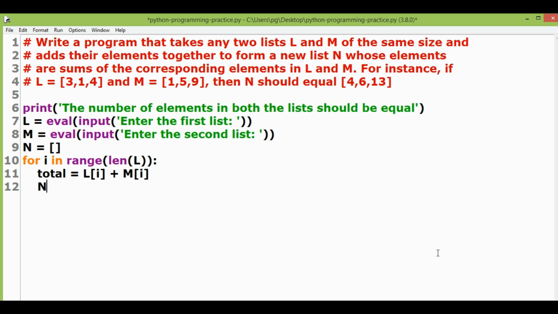Then N.append(total). Now we use the append method of list to add the value stored in total to our list N. print(N). Finally, we print the list N having all the elements with the respective sums from L and M lists. Now we run the program